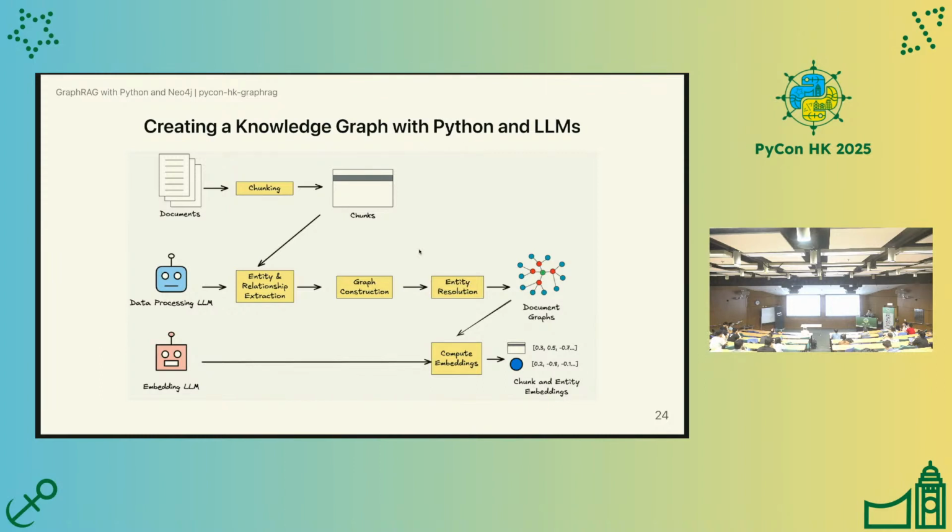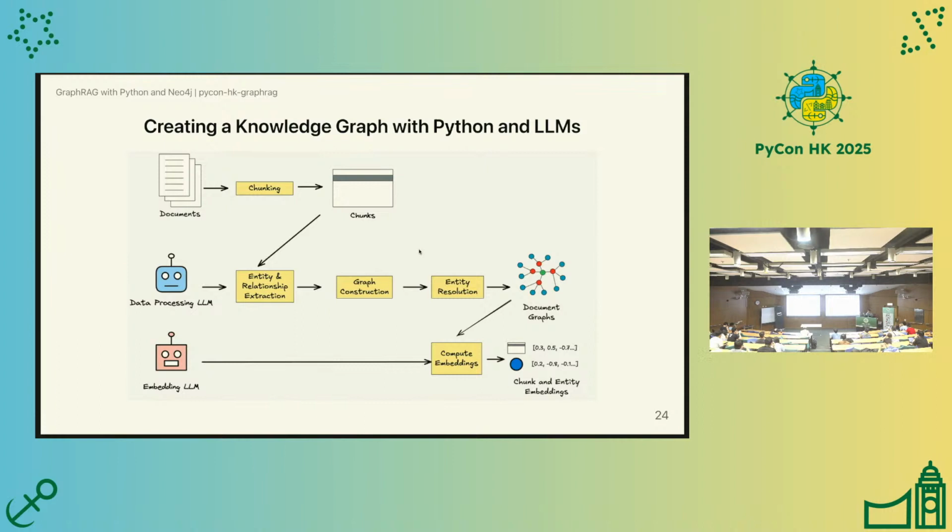And this extraction step will return, you want to tell it to give a JSON object so that it can be further parsed and processed so that Neo4j can use the information to create a graph, and so you can do more stuff with it. And after creating the graph, one thing that you should probably do is entity